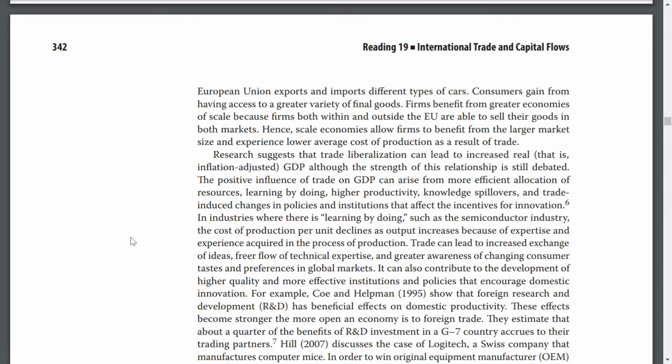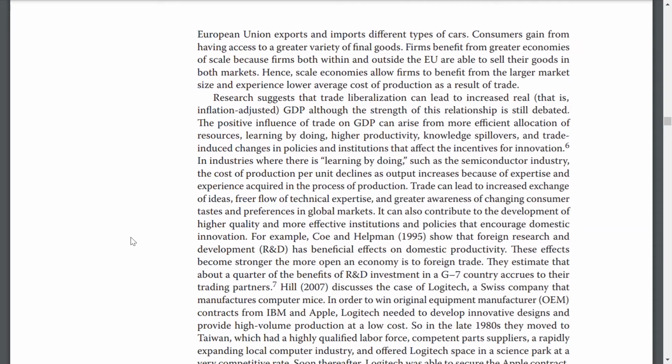Consumers gain from having access to greater variety of final goods. Firms benefit from greater economies of scale because firms both within and outside the EU are able to sell their goods in both markets. Hence, scale economies allow firms to benefit from a larger market size and experience lower average costs of production. And the result of trade research suggests that trade liberalization can lead to increasing real, that is, inflation-adjusted